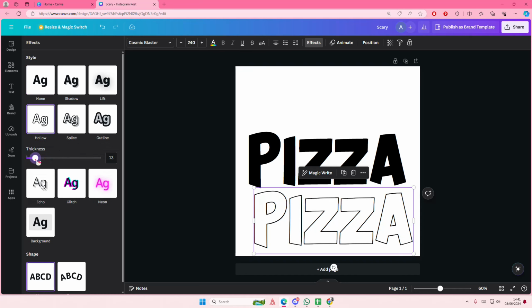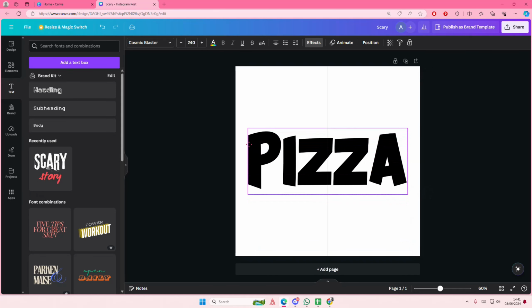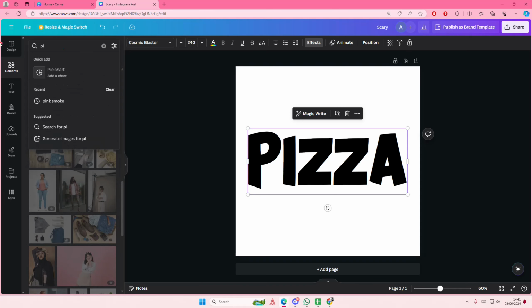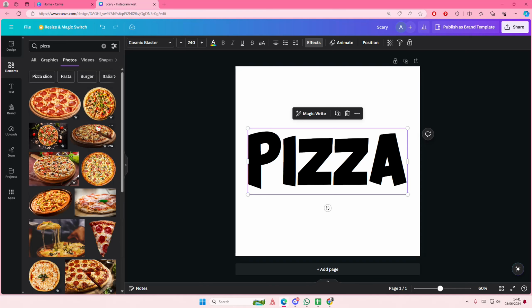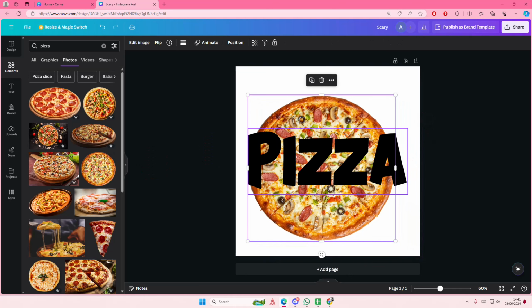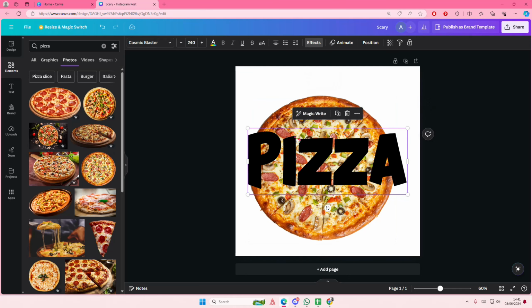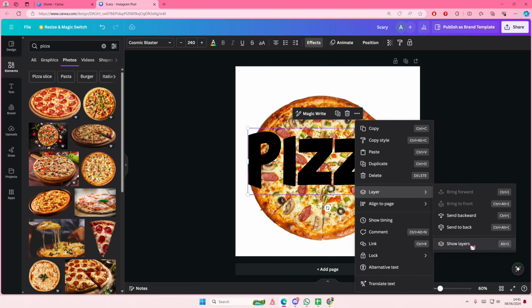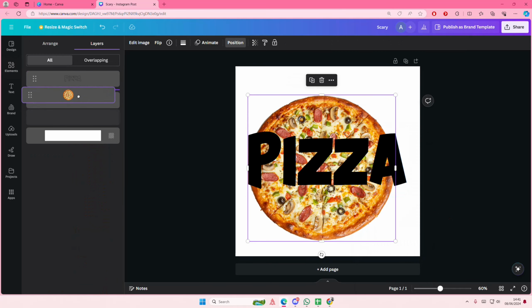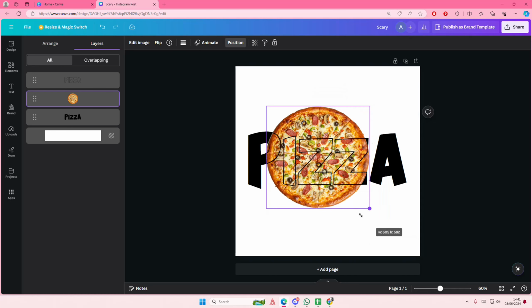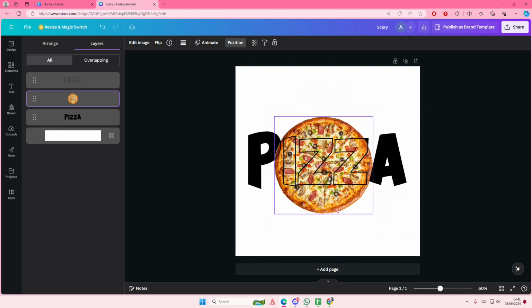It is a little bit similar to the one we did before. Then go to elements. I'm just going to type in pizza. You can type in anything you want, of course. I'm going to add this one in. Then you are going to select layers or select Alt 1 and you're going to place the pizza in between the text and the